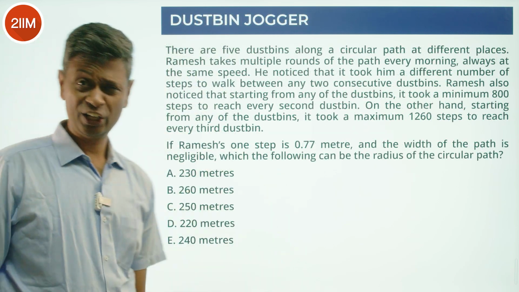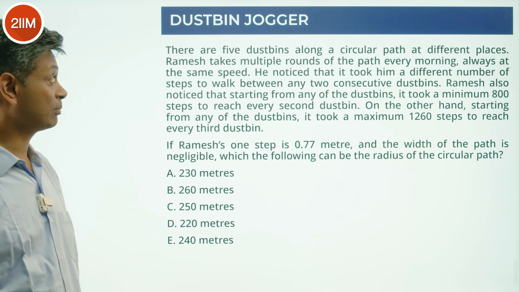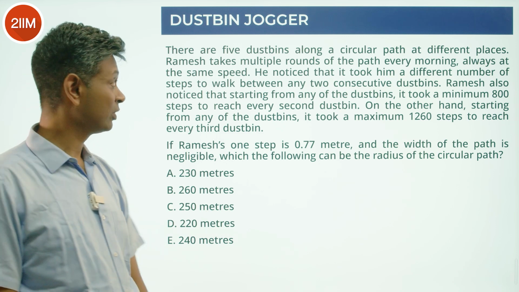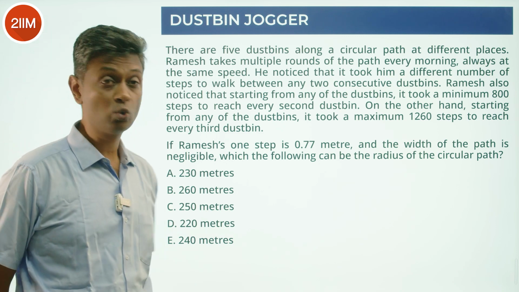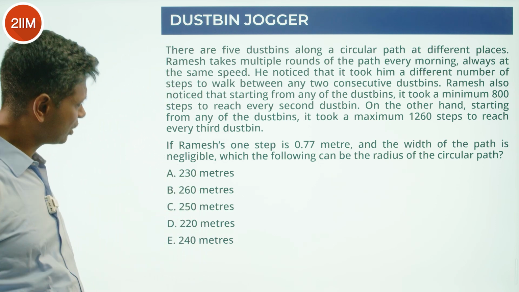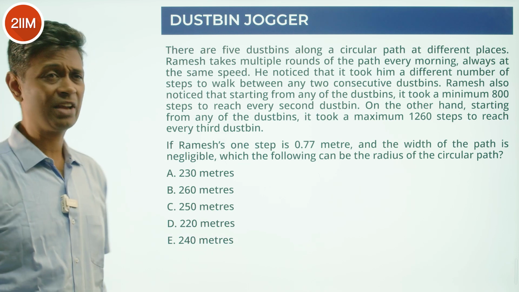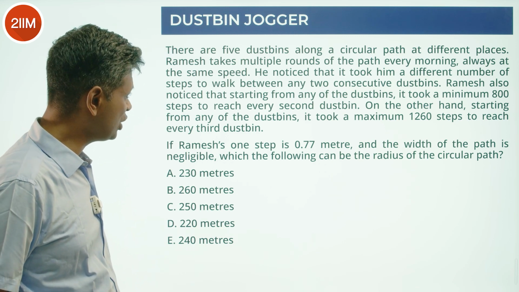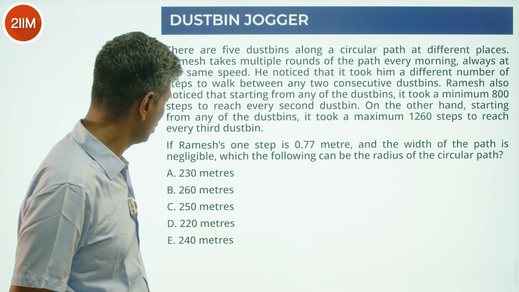Another very intriguing question. There are dustbins along a circular path at different places. Ramesh takes multiple rounds of the path every morning, always at the same speed. He noticed that it took him a different number of steps to walk between any 2 consecutive dustbins. Ramesh also noticed that starting from any of the dustbins, it took a minimum of 800 steps to reach every second dustbin. On the other hand, starting from any of the dustbins, it took a maximum of 1260 steps to reach every